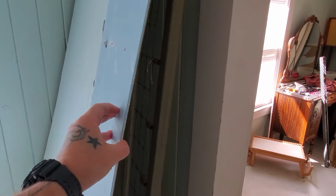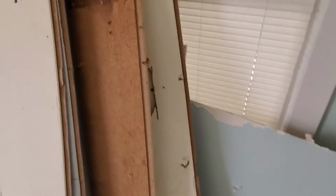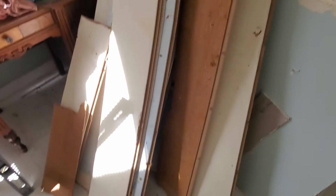There was drywall. Okay, so this board right here was over everything. And then what was behind this, well, I'll show you over here, were these weird, almost cardboardy little panels. You can see how flimsy they are, they're bending right now just up against the wall. When we started to take all of it down,